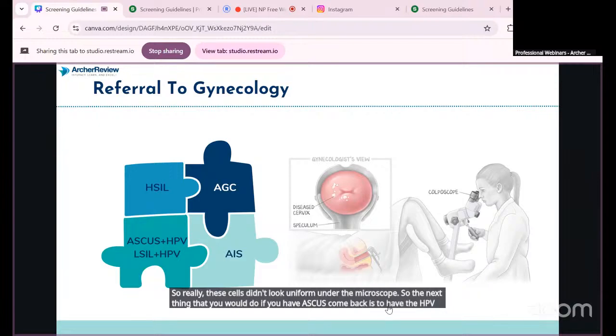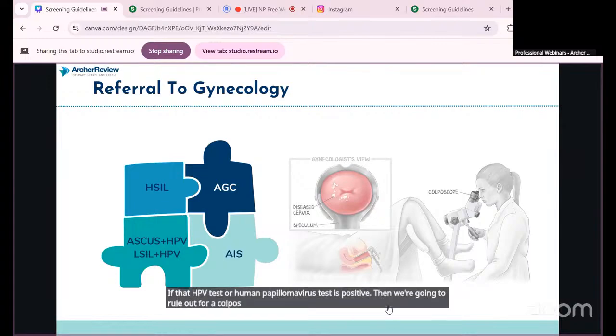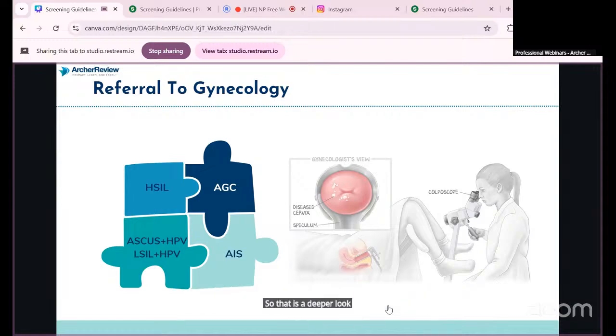So remember, we talked about co-testing. If that HPV test, or human papillomavirus test, is positive, then we're going to rule out for a colposcopy. Now, you all actually picked the correct answer on the first question we had today. So that is a deeper look at the cervical cells and a biopsy to confirm what exactly is going on